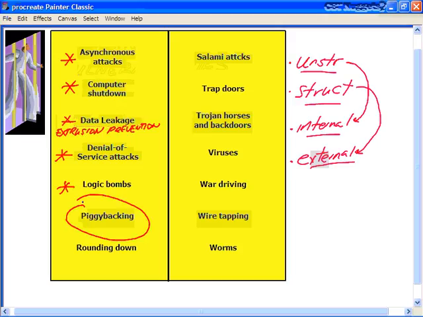Piggybacking is an interesting concept. It has a couple of different definitions. It could be simply the act of following an authorized person through a secure door without being seen, as is typically done in movies. Or you could electronically attach to an authorized telecommunication link, for example, to the internet, to